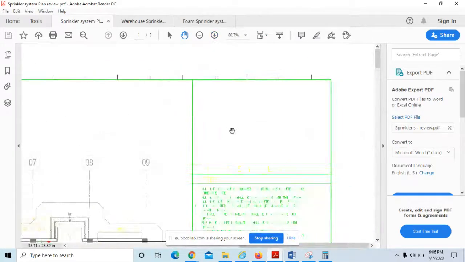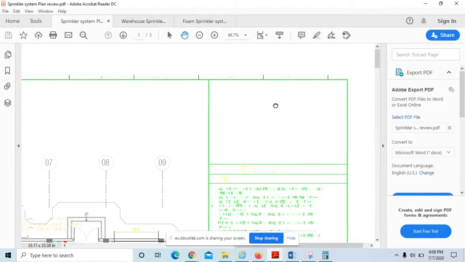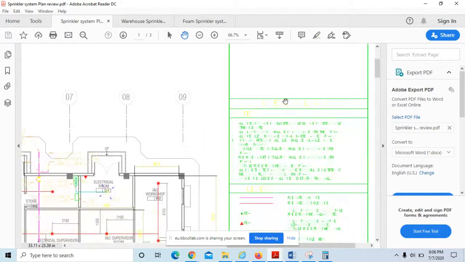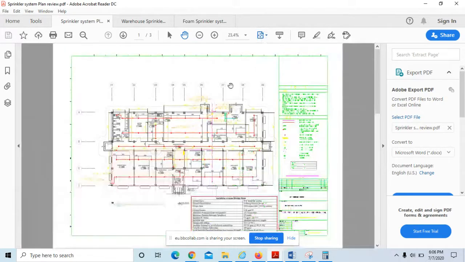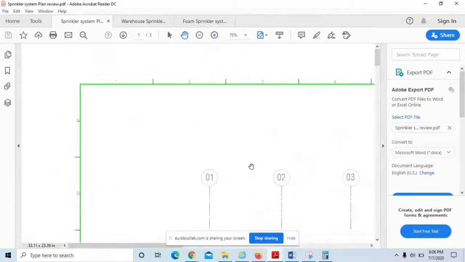And if you are looking at the key point, here we have a blank space at the top, right? This area is blank. They should put the key plan. The key plan means which area they are exactly talking about, or where this office is placed inside the master plan. That information is not there.